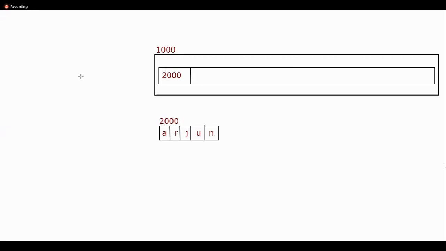Oh, great, sir. But then, tell me, if any memory location is holding an address, how does it behave? Since 2000 is not a normal value here, it is an address. Naturally, from this location, it has to start pointing to the object whose address happens to be 2000. That means 100% from here, this would start pointing to my string object called Arjun. Any confusions so far? So nothing complicated.